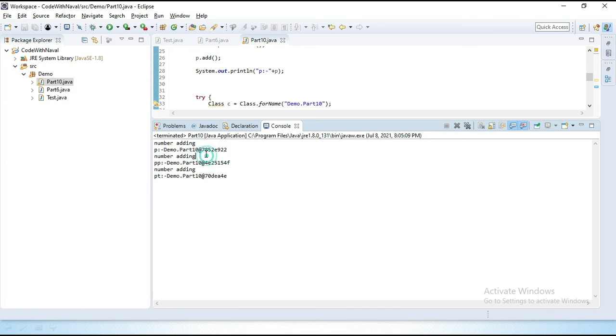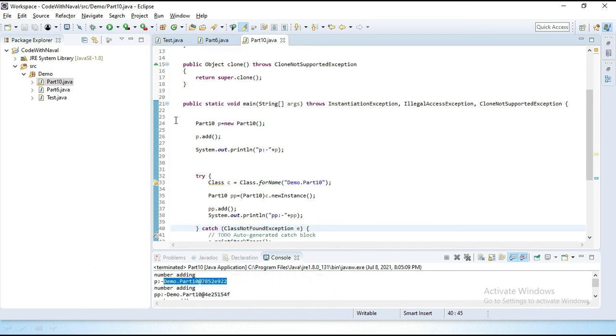This random value is nothing but a hexadecimal, and it's a memory location. Then again the package name, class name, @, and a random hexadecimal. This is the object memory address.